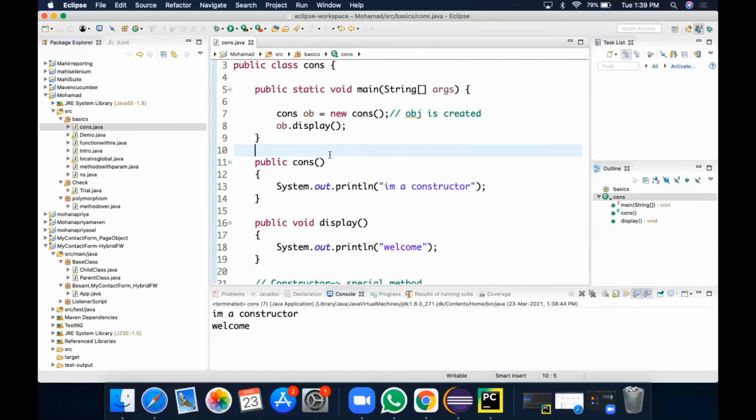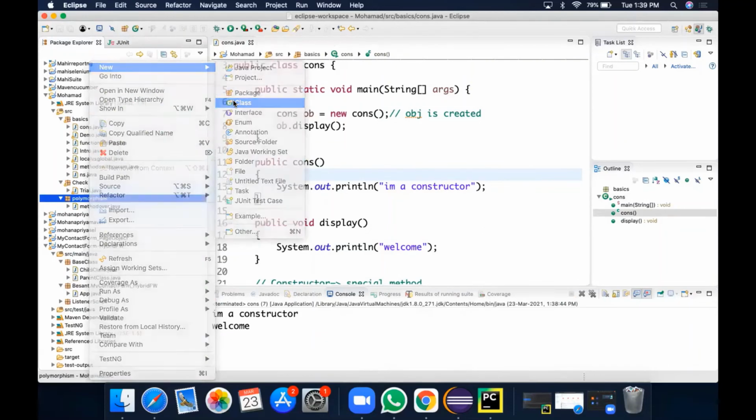So the constructor is created outside the method, inside the class. We cannot give a name to the constructor. It will take the class name as its name. And an important point is there is no explicit calling. Whenever an object is created, even if it is created for any other purpose, the constructor will be invoked here. So this is the constructor. We will be using that in coming classes. So constructor, we are clear, right?